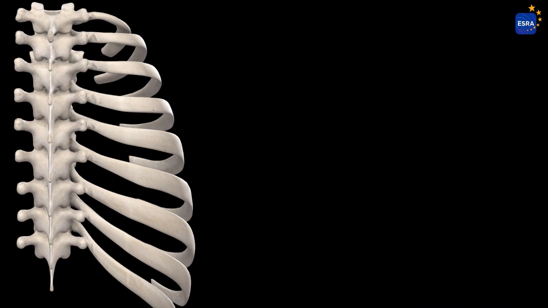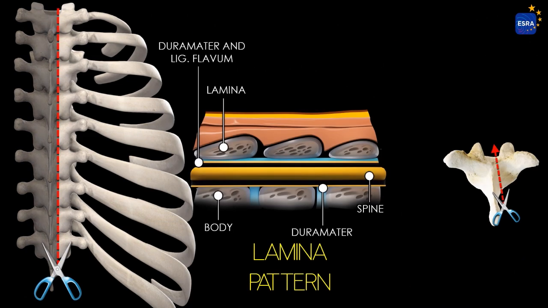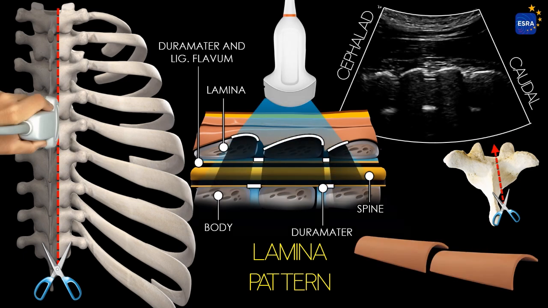Despite the narrow acoustic window, sagittal paramedian oblique scanning at the level of the interlaminar space provides valuable information for neuraxial block procedures. The laminae appear as flat, hyperechoic structures casting anterior acoustic shadows, and the posterior and anterior complexes can often be visualized within this acoustic window. The image resembles overlapping roof tiles.